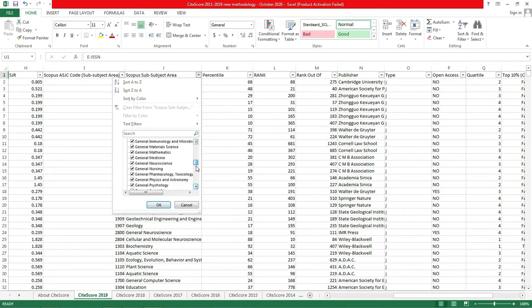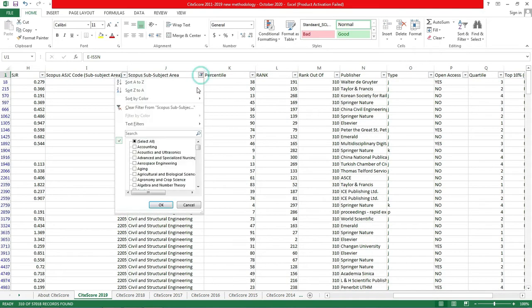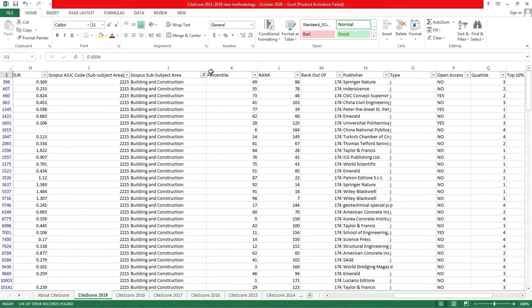So if you want to choose the Scopus listed, you have to go for that. Next, now we will see how we can shortlist our area of research. In column J, the Scopus subject area, you will have all selected. If you remove it, you can then choose by typing in the search command whatever the subject is.